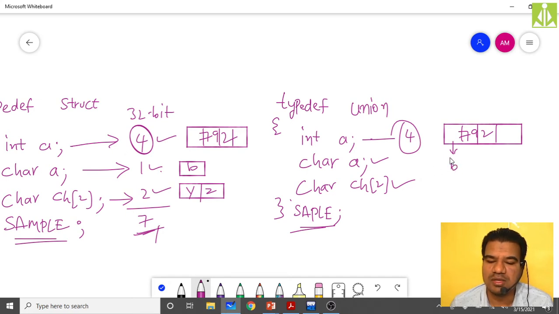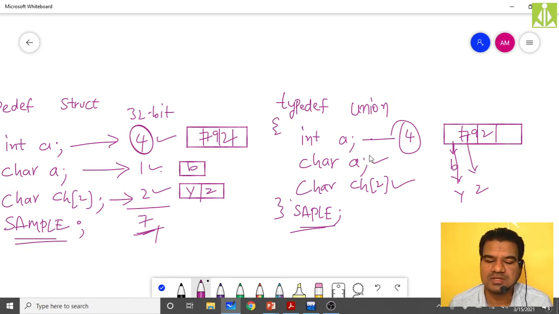So what will happen? It will override this stuff. There is no more 792 now; it overrides it and places b over here. Then when we are storing y and z, it still replaces this portion and stores y and z likewise. So it is consuming the same memory location for storing all these variable values.